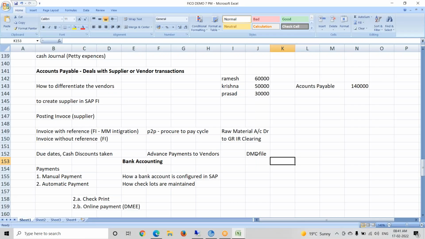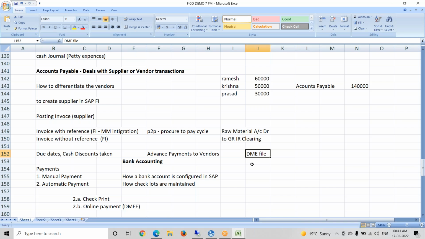Clear, Hari. So we can generate the DME file, don't worry. We can generate the DME file in the system, and I can show you the payment transactions which we are going to execute for our vendor. And I will explain how this communication will happen. I cannot maintain interface connectivity with a third party system from this IDES client, but I will show you the transaction codes, how end users are communicating with the bank, and all that I will tell you.